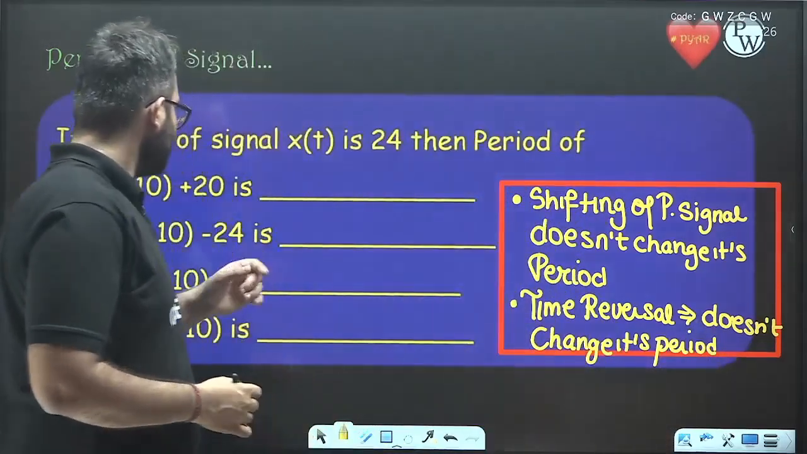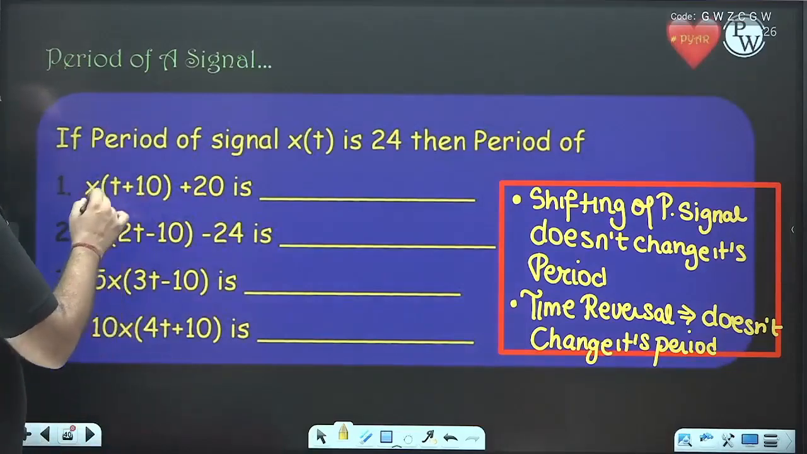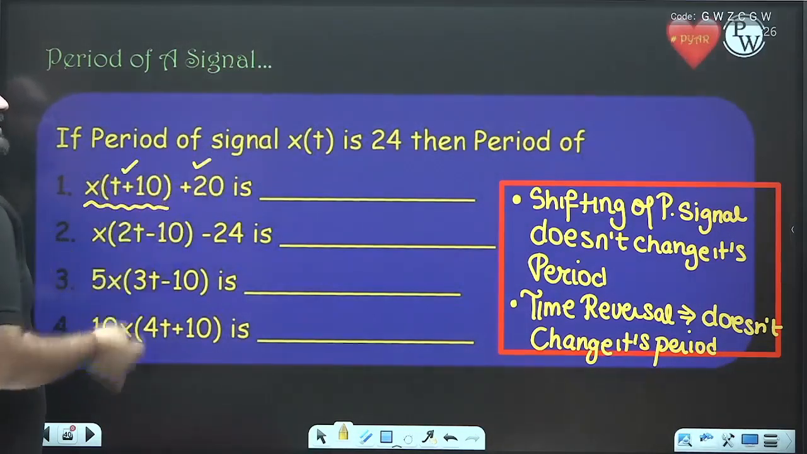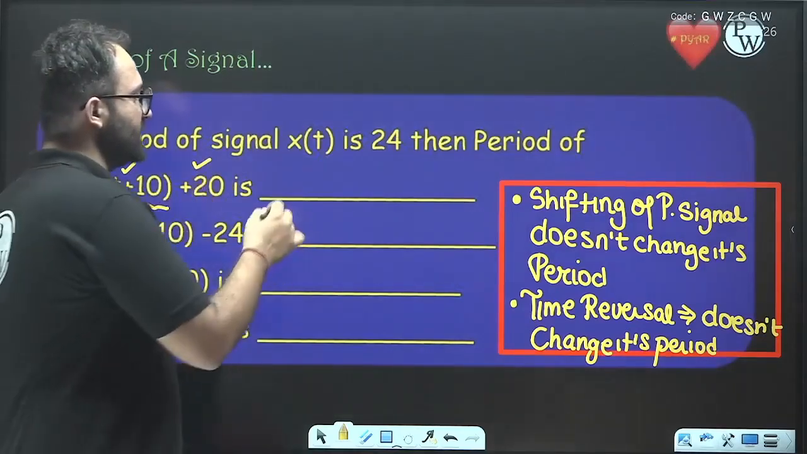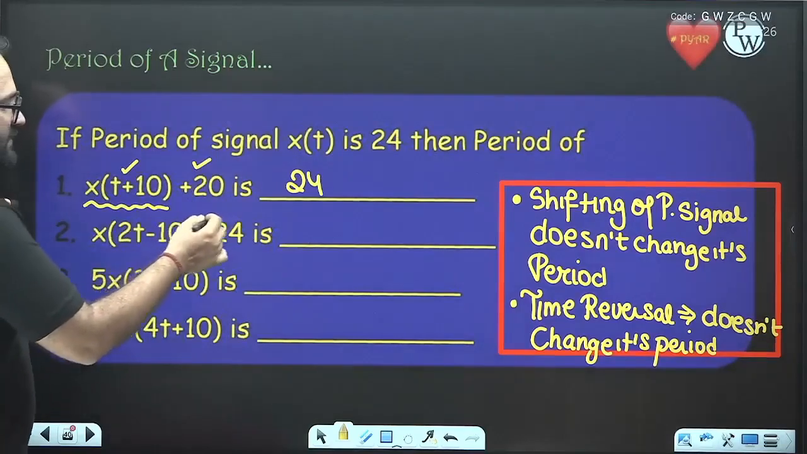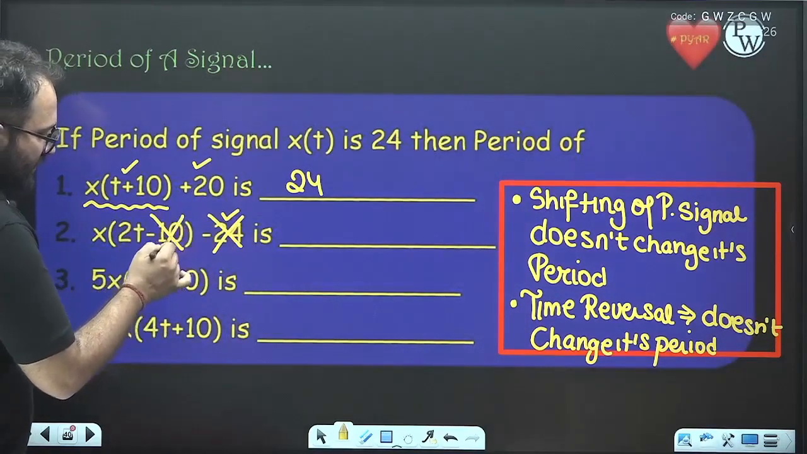And we know that addition of DC also does not change the period. So here we can see that this is time shifting and adding DC. Time shifting and adding DC does not change the period. The answer is 24 only. Here we are subtracting a DC, it will not affect. Shifting does not affect, but here